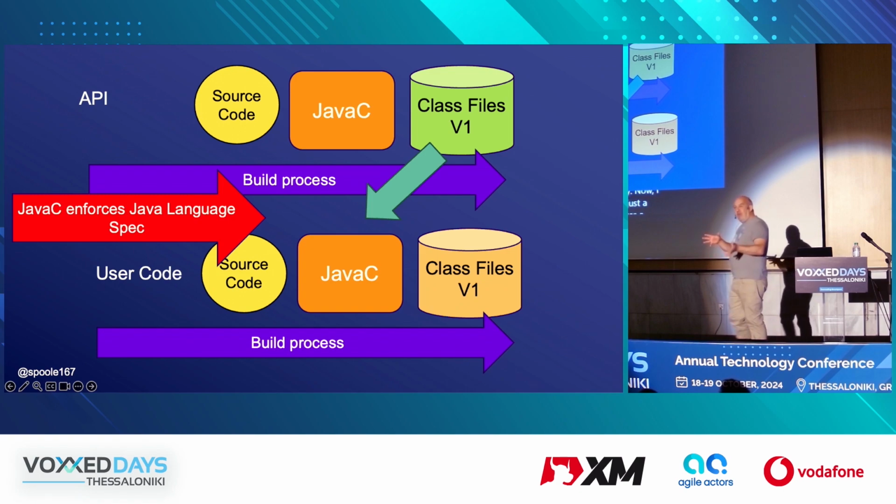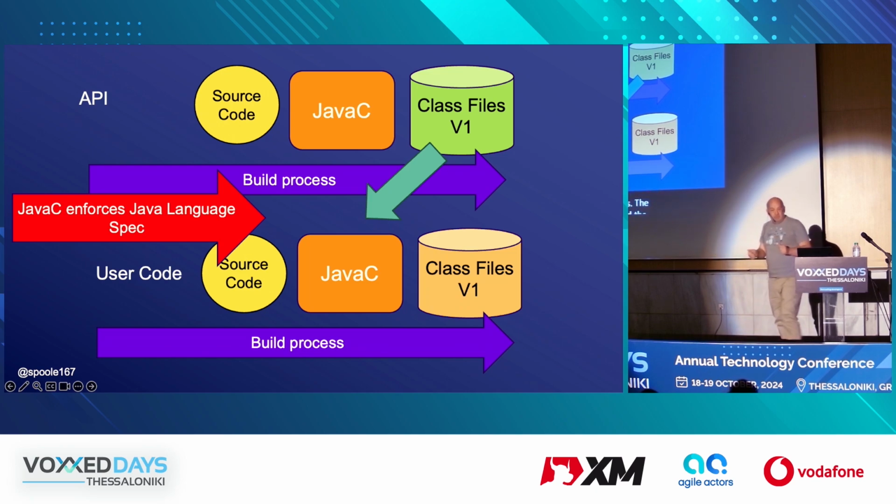Quite often as a Java developer, this doesn't mean anything to you. You write Java code and it runs. But there are layers. You've seen what an IDE tells you, which is great. The compiler may warn you, which is not so good. And at runtime, other things will happen. So when you have your code, you have your API and you have source code and you compile it and you get files. And then those files get used as a dependency in somebody else's build process. The compiler enforces what's called the Java Language Specification, the document that tells you this is valid Java.